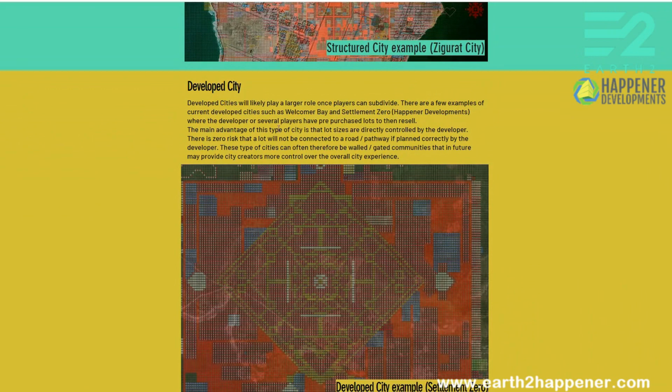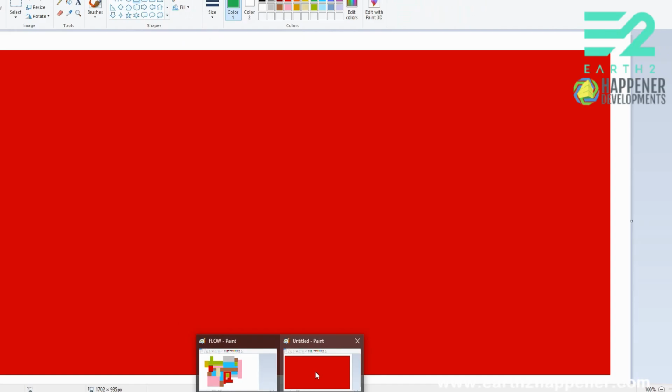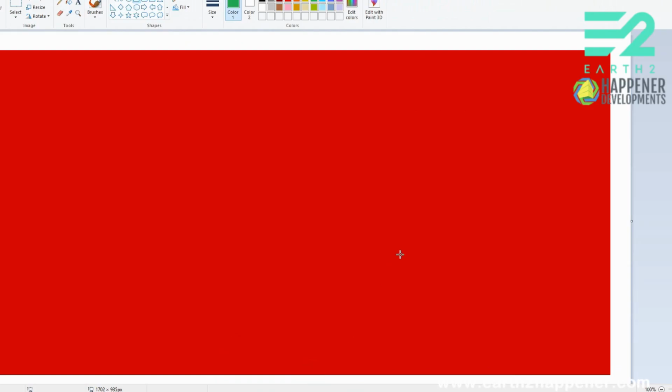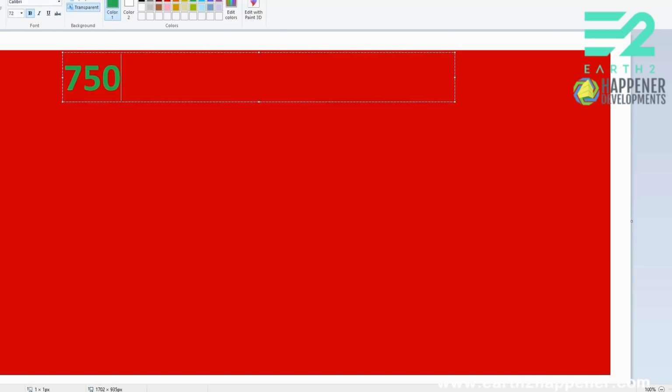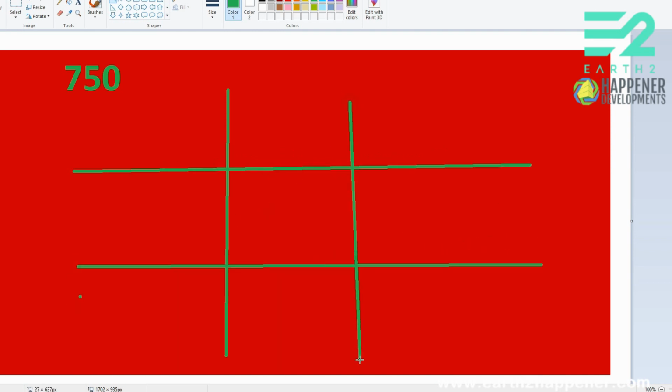A developed city is more the developer has purchased the lots individually in a big development, and then they sell the lots individually. So although not super common now due to the sheer cost of buying that many, what we think will happen in future, say that this is a 750 toll lot, is people will, when we can subdivide, people will start to then draw in their roads. Just do it real rough, I'm on technical paint. And then they will subdivide out the lots and sell them,